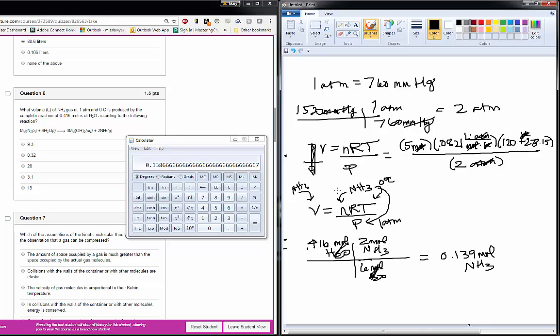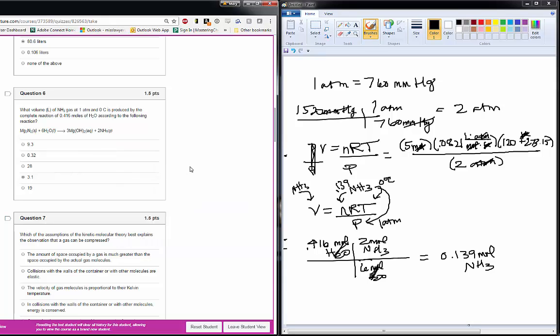And that's what I'm going to put here. Okay, so 0.139 moles of NH3 multiplied by R, which is 0.0821, multiplied by the temperature, which is 0 degrees Celsius, plus 273.15 to make it Kelvin, divided by the pressure, which is 1 atmosphere. And I see that I get 3.1